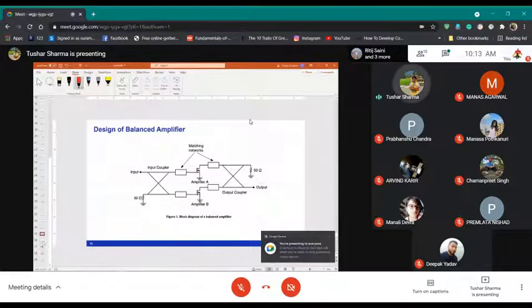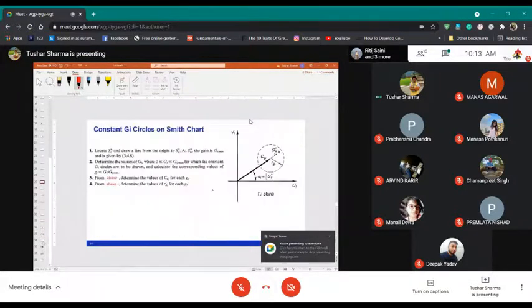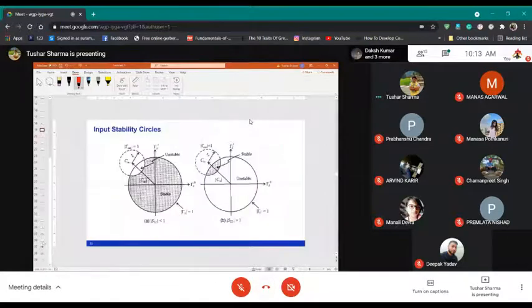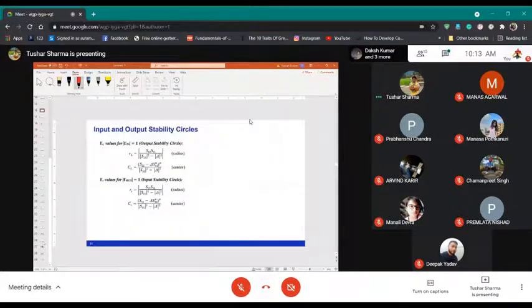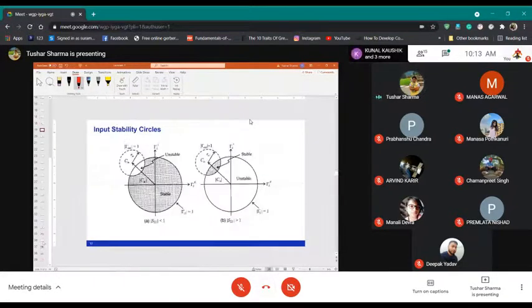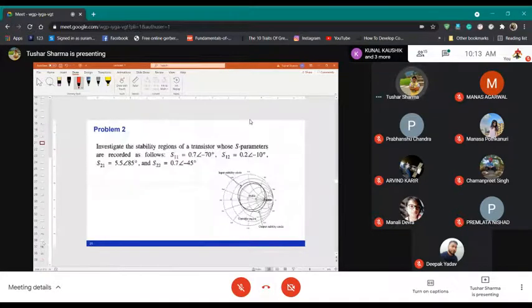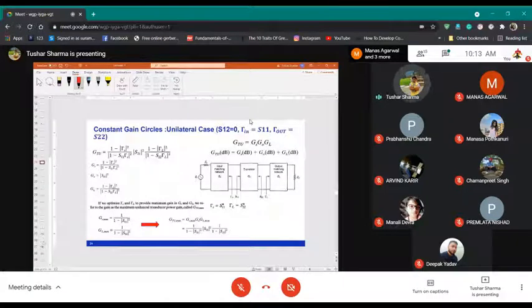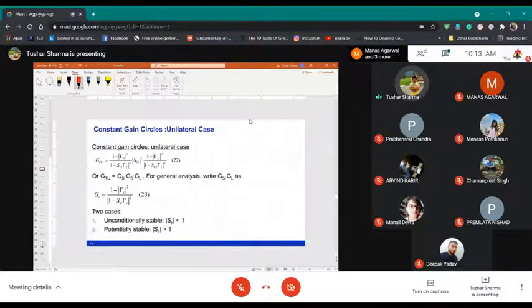Just quickly, if I go back to that slide, you see, here we studied the stability factor. Actually, it's in the PDF, which is a handwritten note.